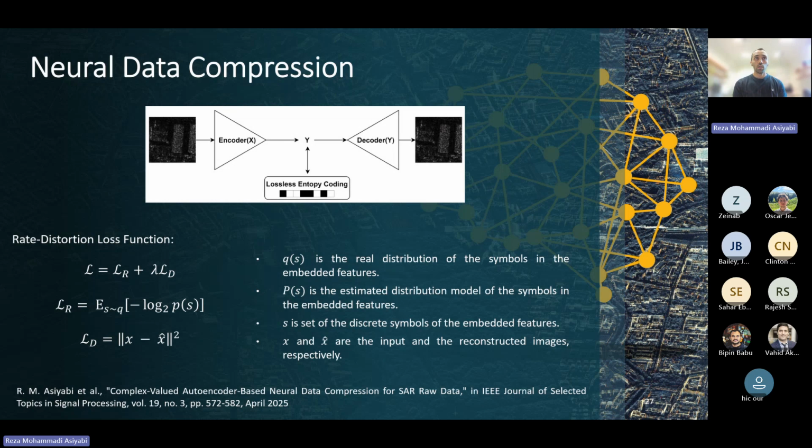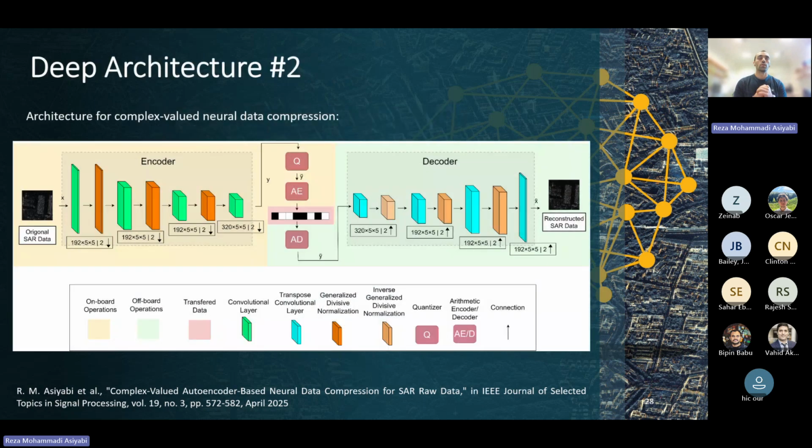And in order to train this, the loss function typically has two terms: the rate term, which uses the Shannon cross entropy to estimate the bit rate required to store the compressed bit stream, and the distortion metric, which can be any distortion metric, mean square or anything that is more suitable for your data. So we use this notion, and we